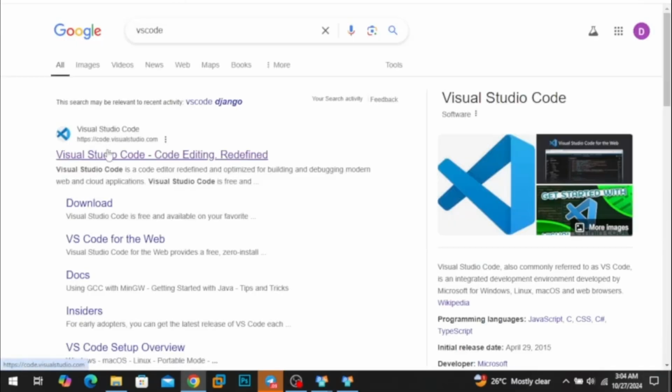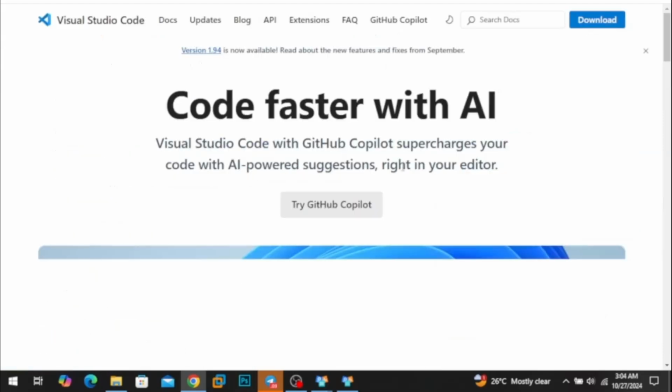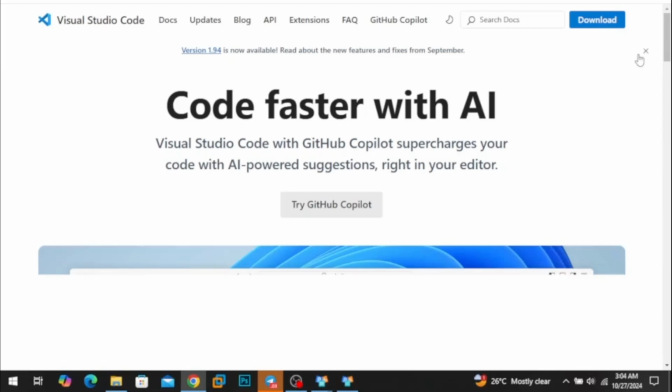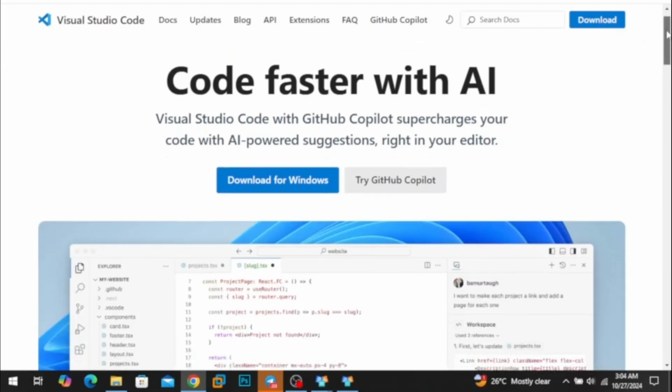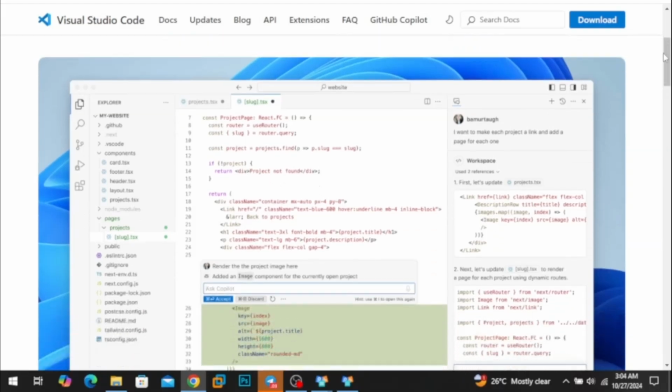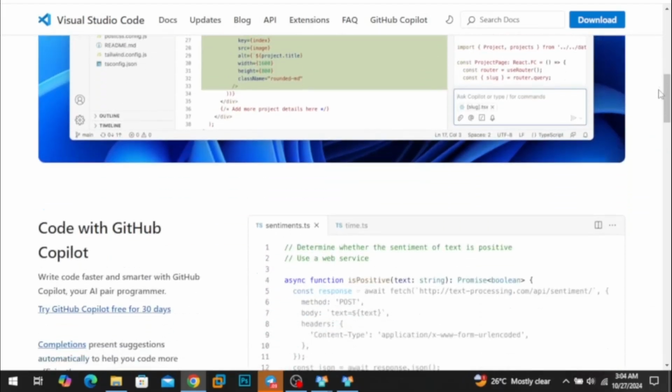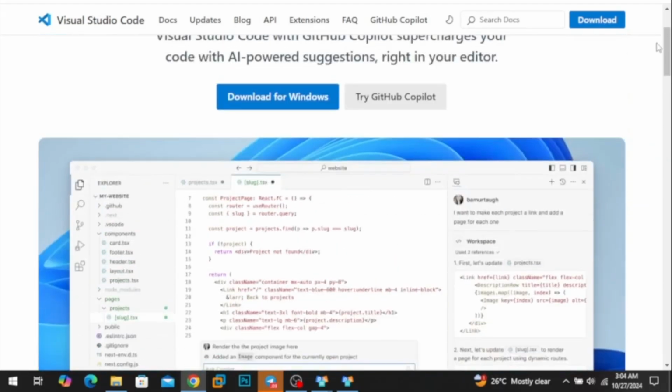Yeah, you click on the first link, which, wow, this will depend on your internet connection. Okay, so we have our VS Code site open, and if you are on Windows, you can download